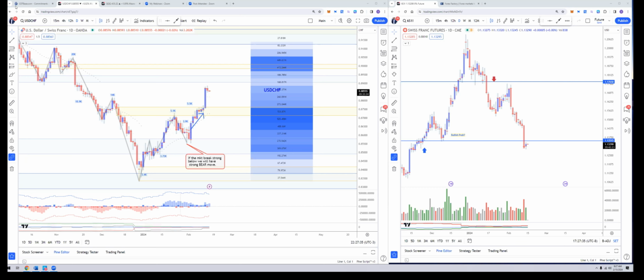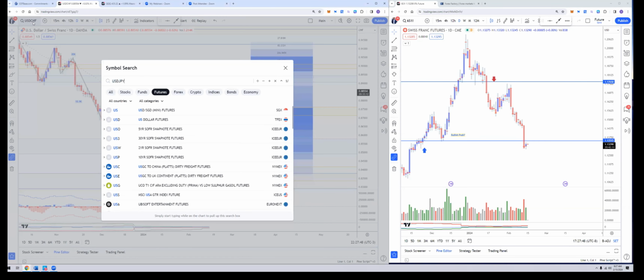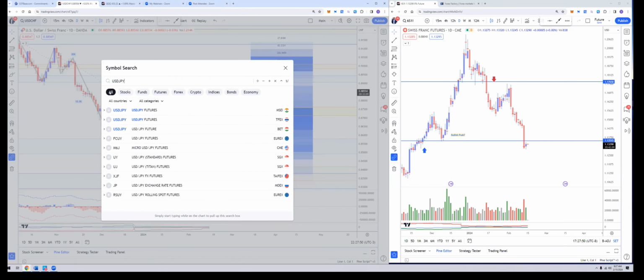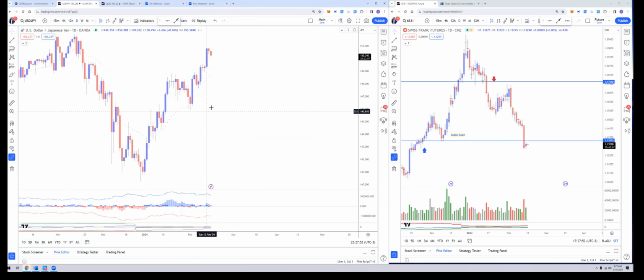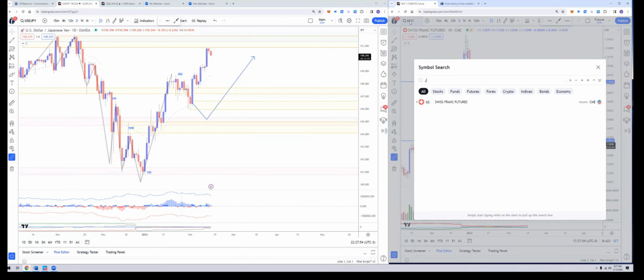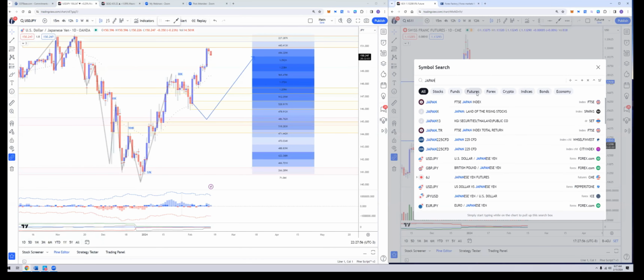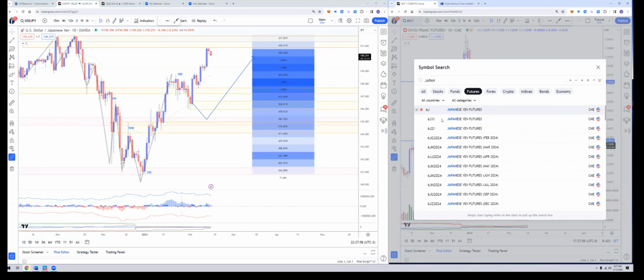And wait for next week for reevaluation. So far I see some very nicely looking setups in Chilies on silver. All right. Let's move on to US dollar JPY. Everything will be the same. If the US dollar is weak, all of them are likely to be weak. If the US dollar is strong, everything for the US dollar will be strong.